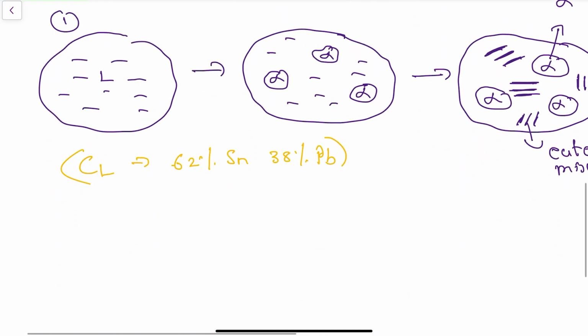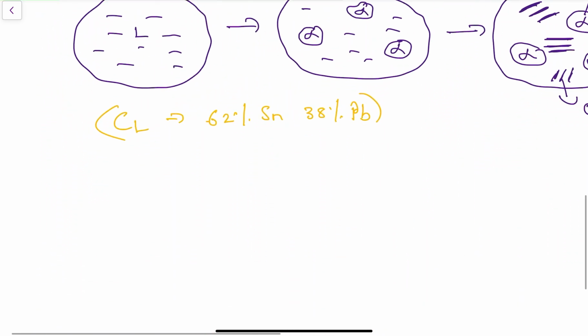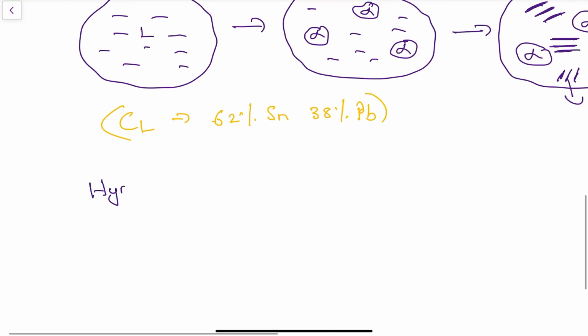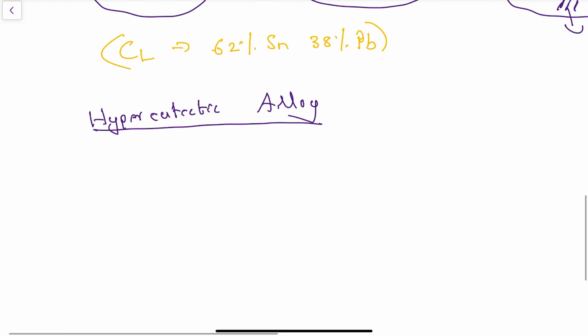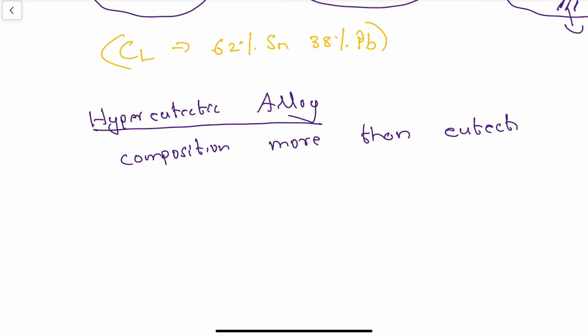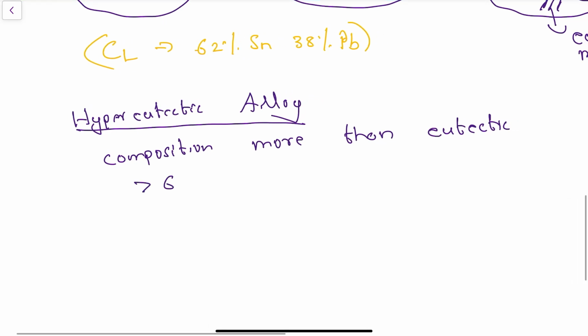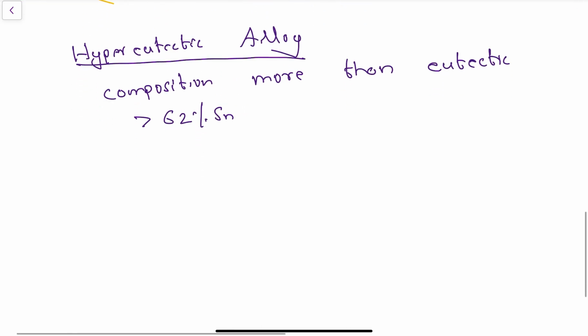Now let us look at the hypereutectic alloy. We have discussed the hypoeutectic alloy. Now, what do you mean by a hypereutectic alloy? That means here the composition is towards the right, that is, more than the eutectic composition, greater than 62 percent tin. Maybe some 80, 70, 63 percent like that. These all give you the hypereutectic alloy. So let us try to predict the